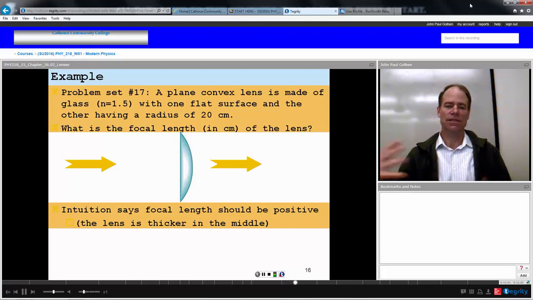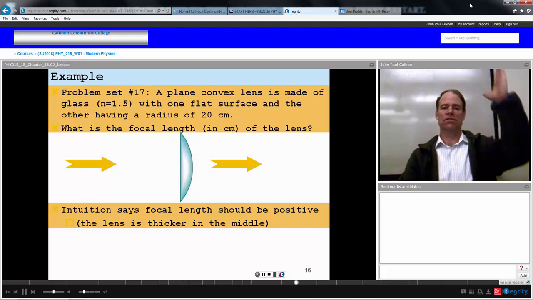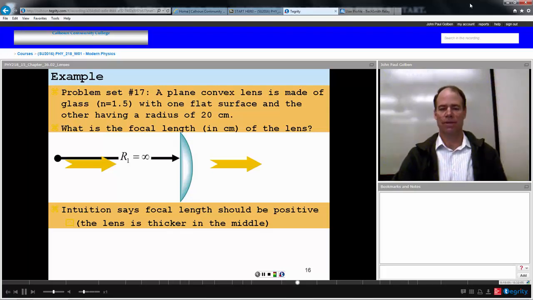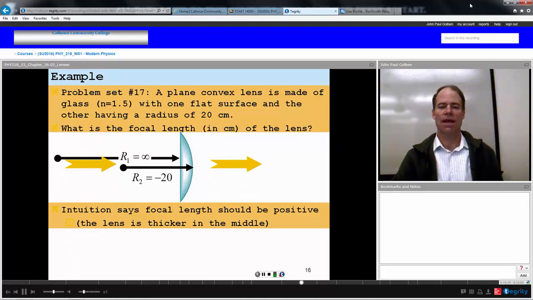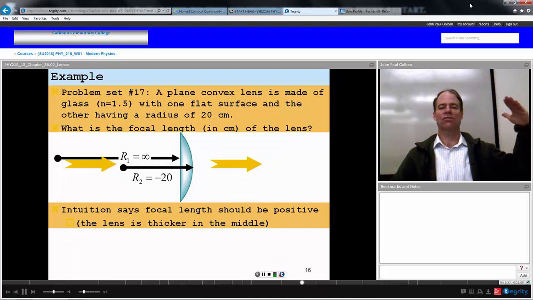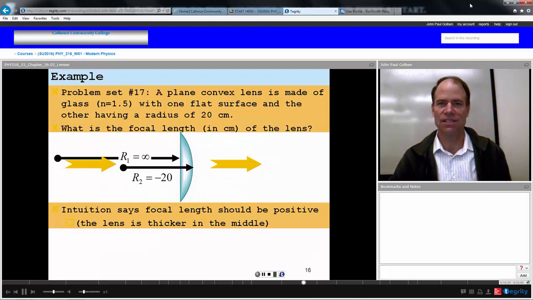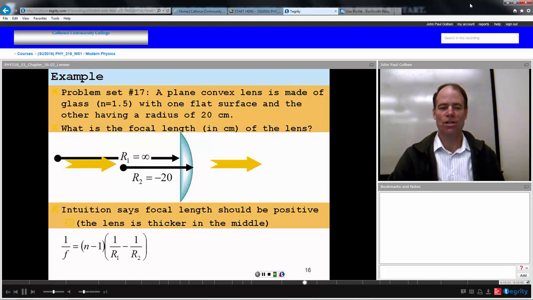And as this light is encountering the first surface, we find that first surface is the plane, and that should be a radius of curvature of infinity for a plane. So our first radius is going to be R1 equal to infinity. And then it's going to encounter the second surface, and it's curved in a concave way in relation to the direction that the ray is coming in, and hence the center of curvature is not on the side of the outgoing ray. So our radius for the second surface is actually a negative 20 centimeters. We're going to use this in our